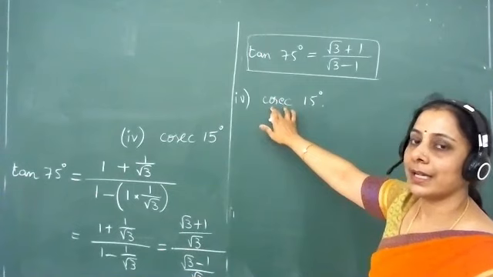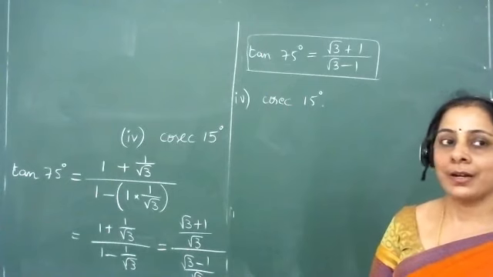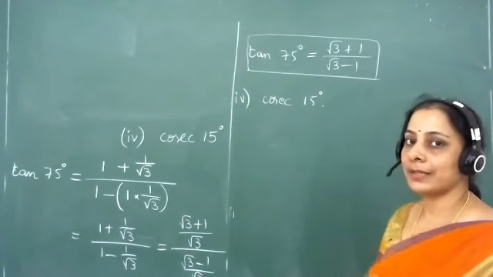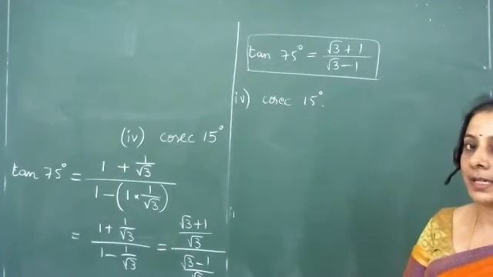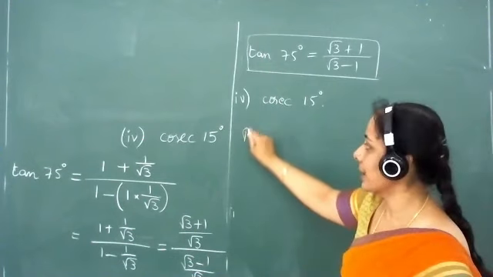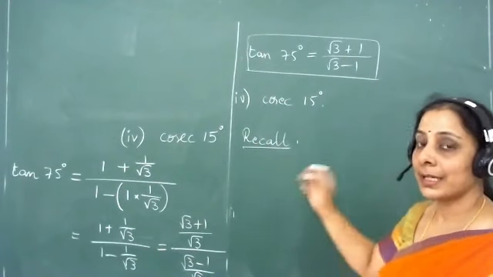Isn't it? We didn't have any formula which was explicitly mentioned as cosecant A plus B or cosecant A minus B. So then how does one find the value of cosecant 15 degrees? To obtain the value of this kind of trigonometric function, we bring in the concept of reciprocal relations. What did we learn in the first PUC classes in trigonometry about the reciprocal relations? So we shall recall again your first year class syllabus in trigonometry.